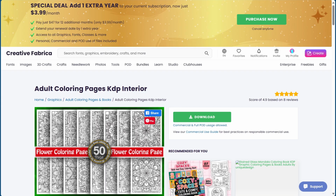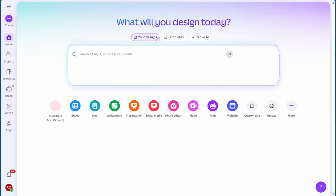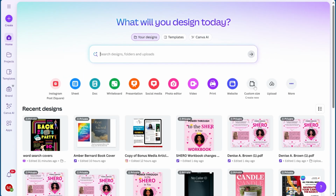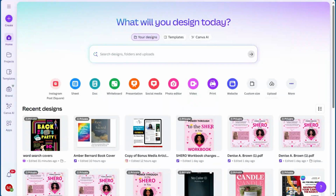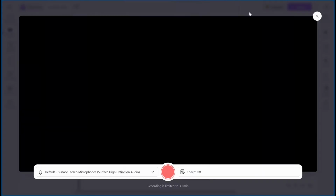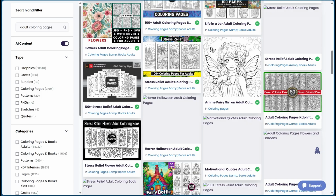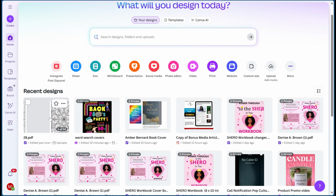KDP. I mean, not KDP, Canva.com. So what you can do is you can either put that you want to do an 8.5x11, or you can just upload the file that you just downloaded. We're going to go ahead and select that, and we're going to wait for that to load. And once it has done loading, we're just going to go ahead and select it. This particular one had 50